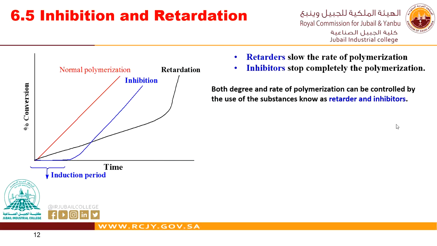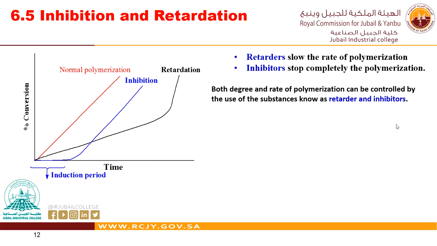So at that point you need to add what we call a retarder, which will slow down the rate of polymerization, or an inhibitor, which will stop the polymerization completely until the monomer gets into the reactor where